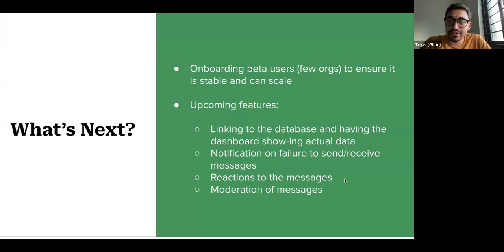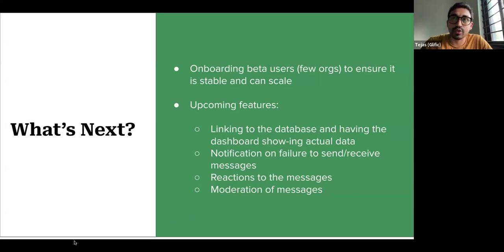We have a few organizations who are interested, but we are open to having more beta users to ensure that what we have built is stable and it can scale. Obviously, this is still new, it's been less than a week since it was complete, and we are sure that once people start using it, there may be some issues that come up when you go to 5 groups, 10, 15, 20, 30 groups, and then the number of contacts increases, and also the complexity of what actions you want to do, like sending polls. So that will also increase.